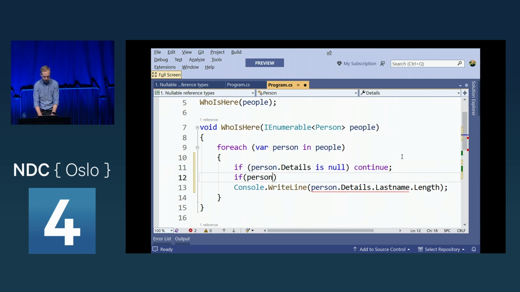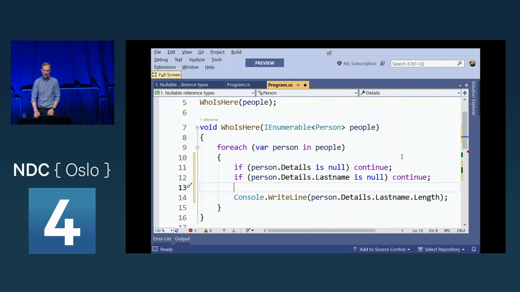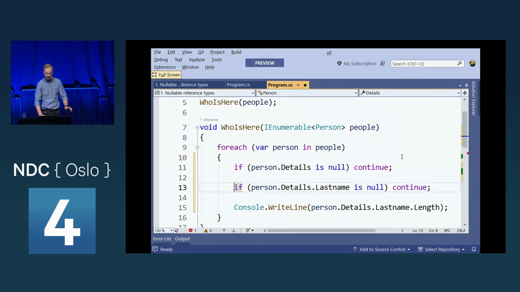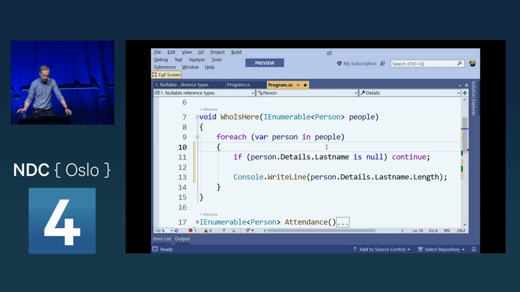If person.details.lastname is null, continue. And then it knows that I've performed these appropriate null checks. We could write this in many different ways, but this is just to illustrate that it's not going to complain about details here. Because if I don't do this, it will probably complain that I'm not doing the null check here. It's quite a powerful language feature.